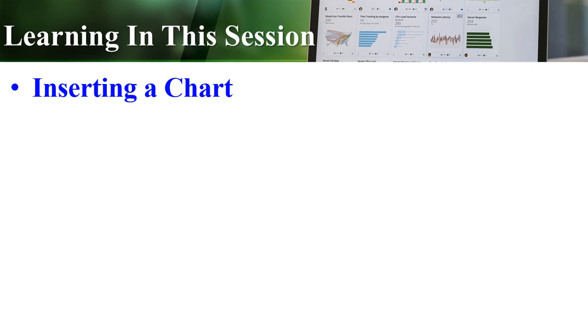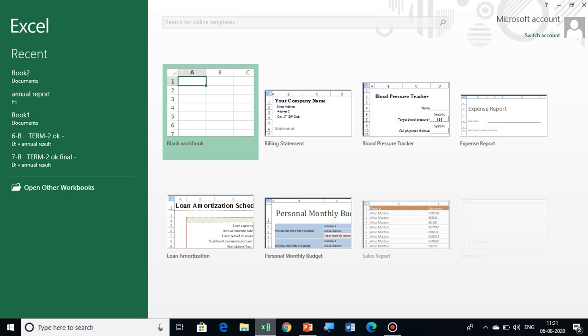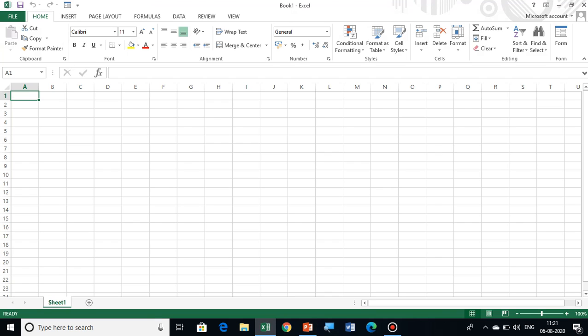Press the escape key, and do you remember that we have to open Excel? So open Excel on your computer or laptop, and then afterward we have to do the chart. Okay, because this topic is for inserting a chart in Excel.